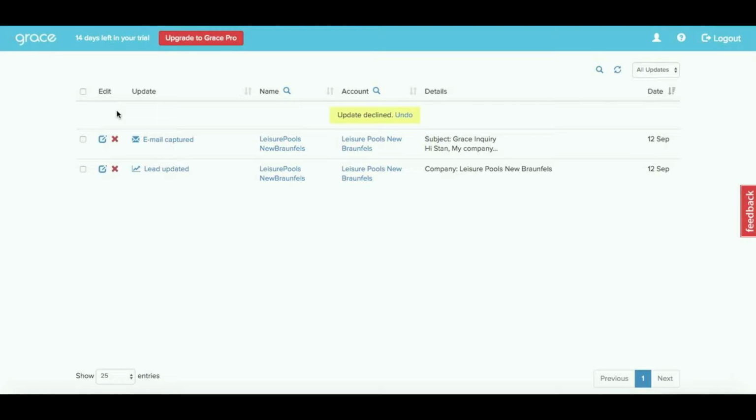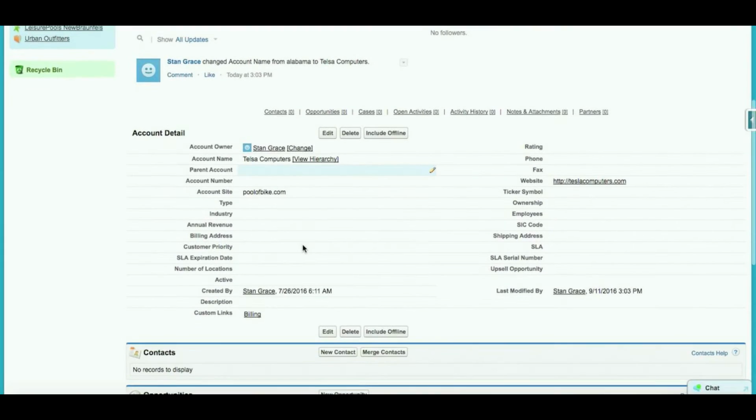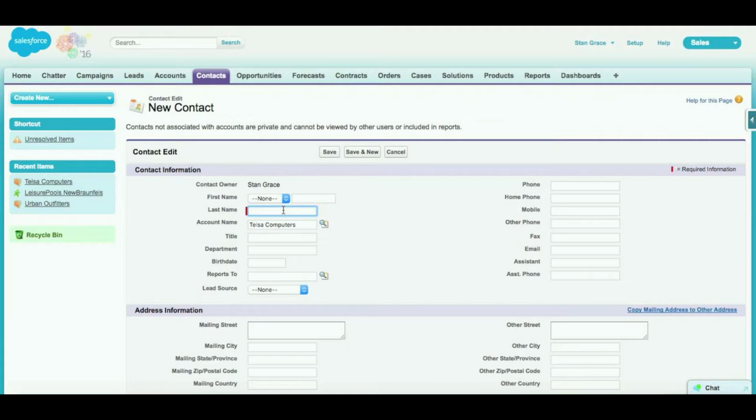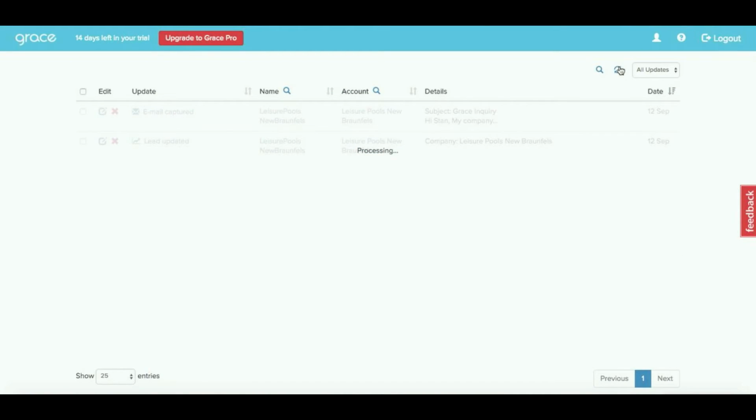When you create a new entity inside Salesforce, whether it's a new account, a contact, or a lead, Grace will capture any communication for the past 3 months related to this entity. Emails, events, attachments, any information updates, and Grace actually logs them into Salesforce without you having to be logged into Salesforce, without any manual work on your part. It will typically take about 10 minutes for the updates to appear, but for the purposes of this demo, the